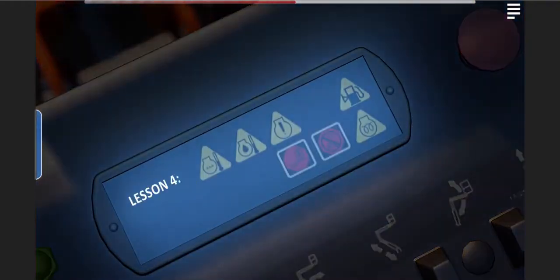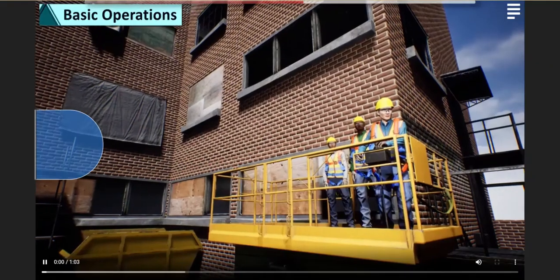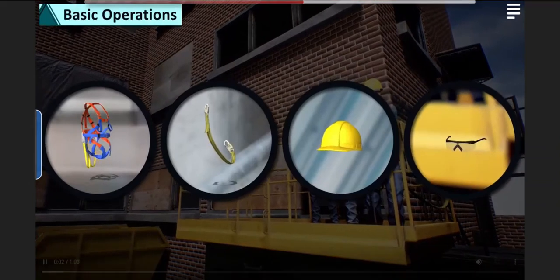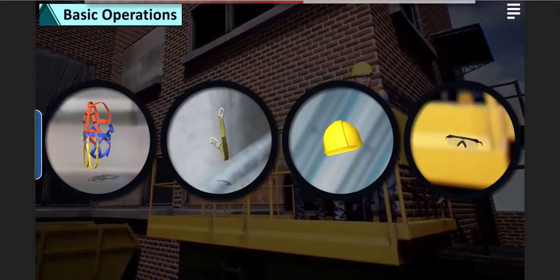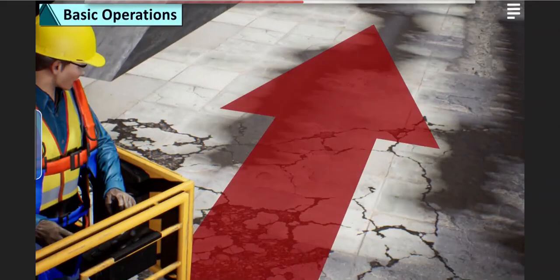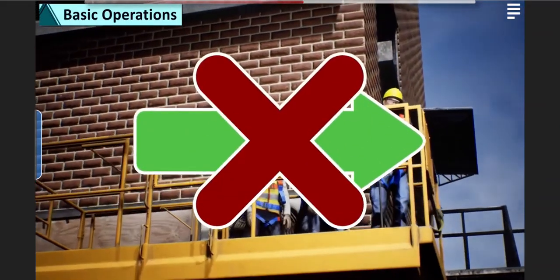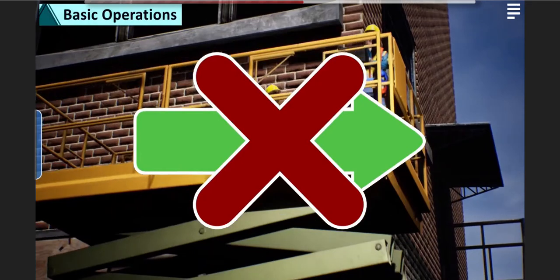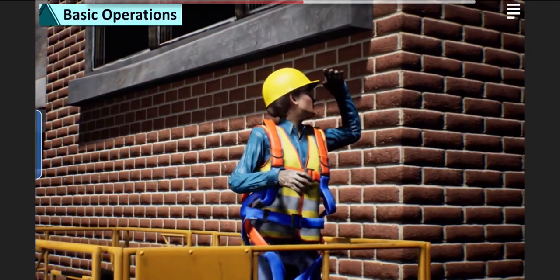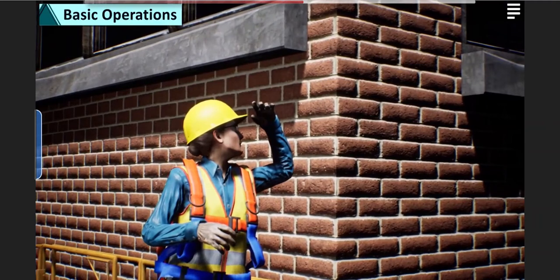Lesson 4. Operating a mobile elevated work platform. All MEWP occupants and operators must wear all recommended PPE for the task, work site, and environment. Always make sure your path is clear before driving the MEWP, and don't drive with a work platform elevated unless allowed by manufacturer specifications. Also check that the area above and around the MEWP is clear before raising or extending